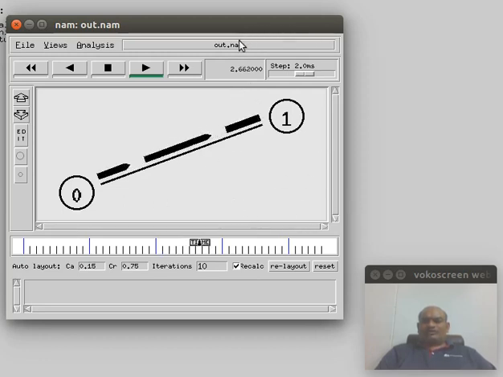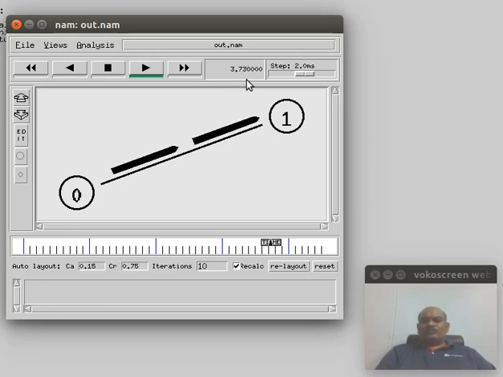Hope you have understood the process. So these are all the different parameters. This is the file name output.nam, and here you can reset the layout.